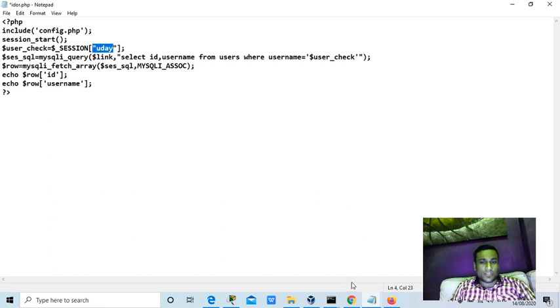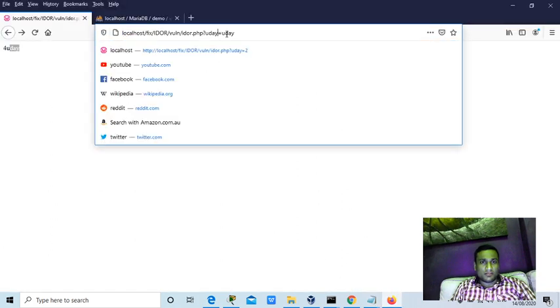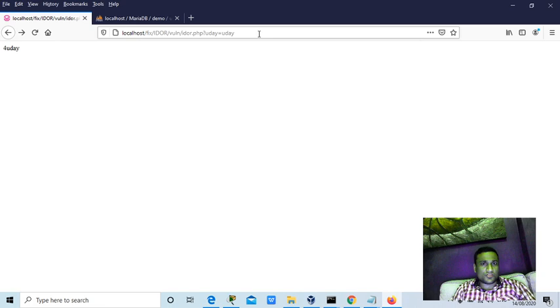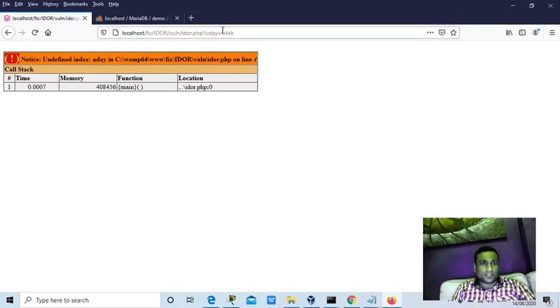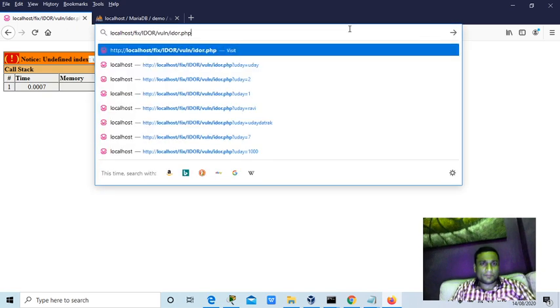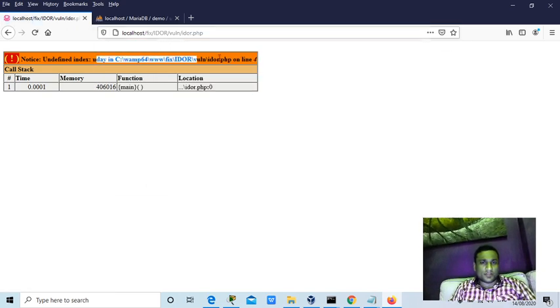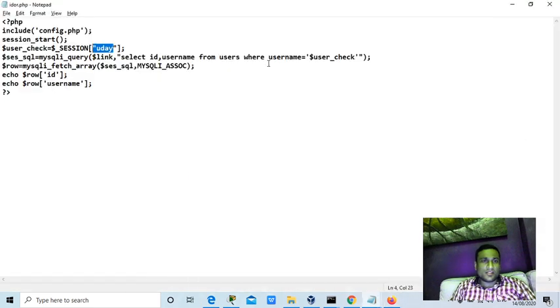So even if you give any number here, it doesn't impact anything. It doesn't show anything like Uday, maybe because I did not save here. Control S, yes, now I did not define this, that's why there is an error on the page. So it's simple.